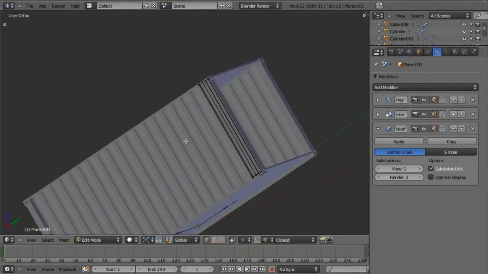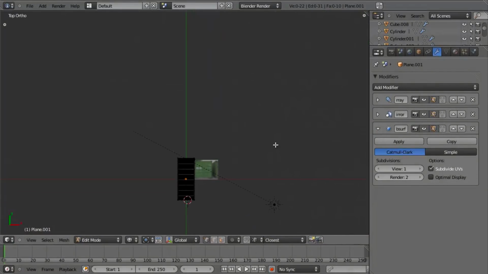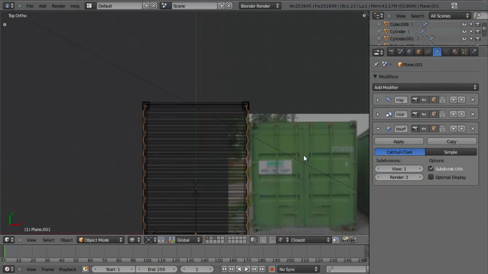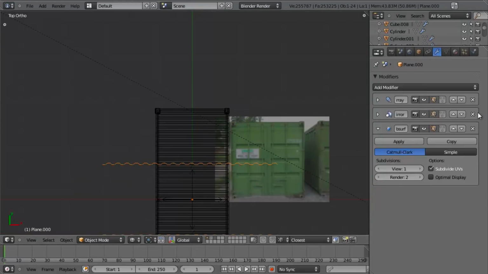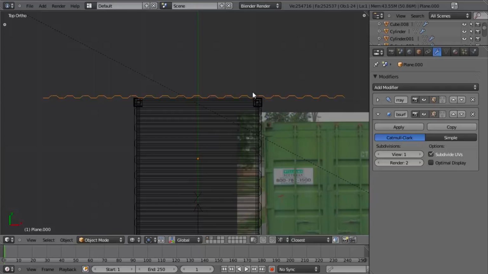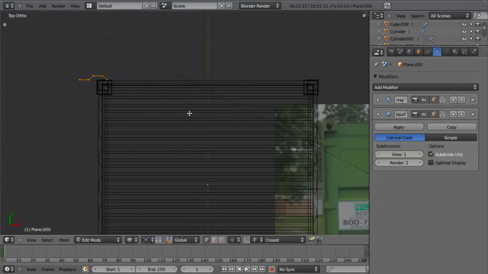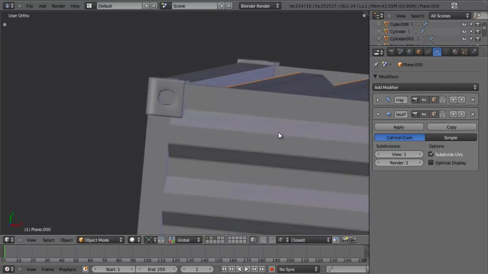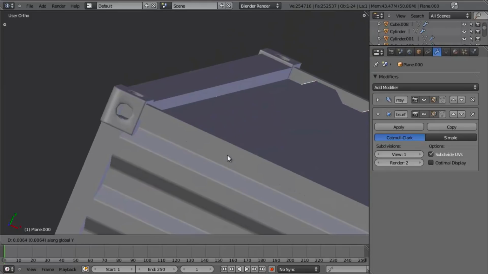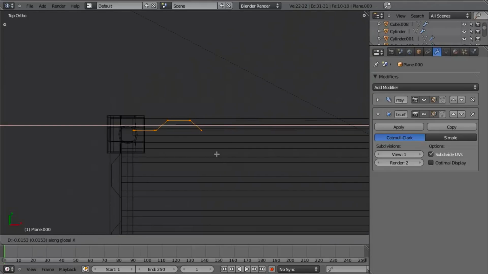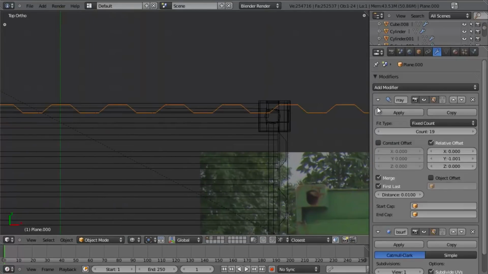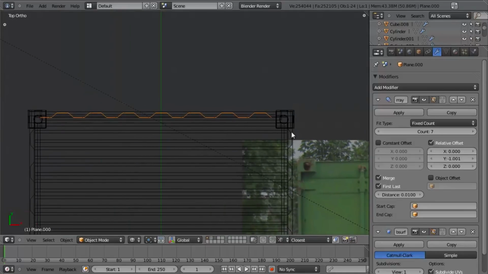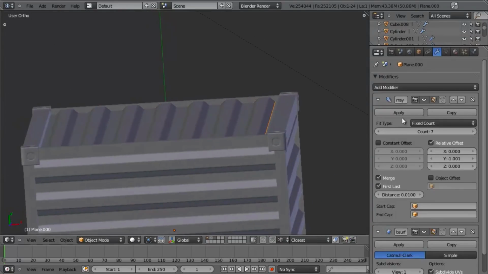Let's grab this, and I'm just going to, in object mode, hit Shift D, right click, rotate around the z-axis 90 degrees. Let's delete the mirror modifier, move it over along the x-axis in edit mode. Then let's just move this over until it fits right in there. And then we can pull this back about like that. We move this over a little bit more, and then we can just turn our array count down to right there, and that works pretty much perfectly,